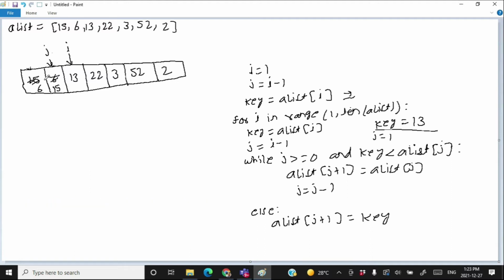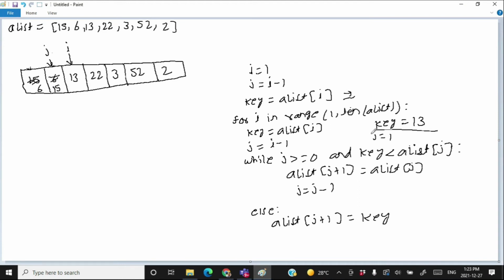And whenever you find a value which is less than 13 or equal to 13, stop there and copy the value of key at the proper location. Okay, this is the overall philosophy of insertion sort, but let's do it practically.